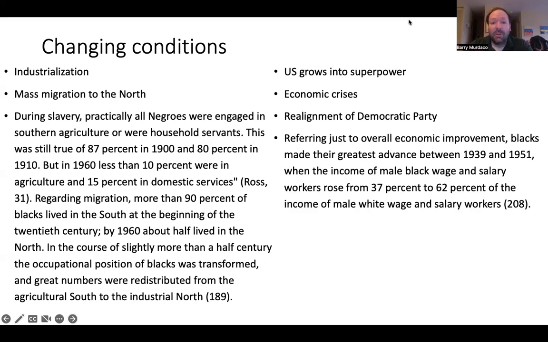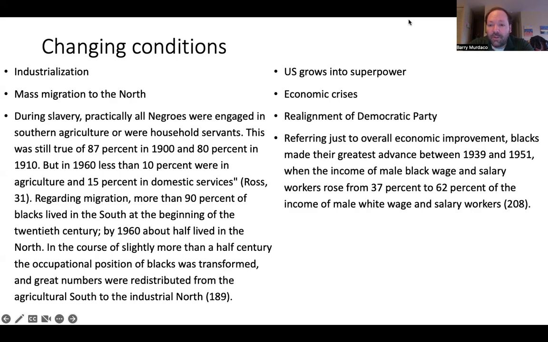Of course, it also factors during this period of time. Now moving into the 1960s, the U.S. grows into a superpower after World War II. You have, of course, several important economic crises during this period of time. I've mentioned in passing a major economic depression, which happens in the late 19th century, starting about 1873 and lasts for about 20 years or so. Then, of course, you have the Great Depression of the 1930s. You also have the realignment of the Democratic Party. The Democratic Party starts to change basically from a party of the South, the Southern segregationists, to the modern day Democratic Party, which has strong support from African American voters.